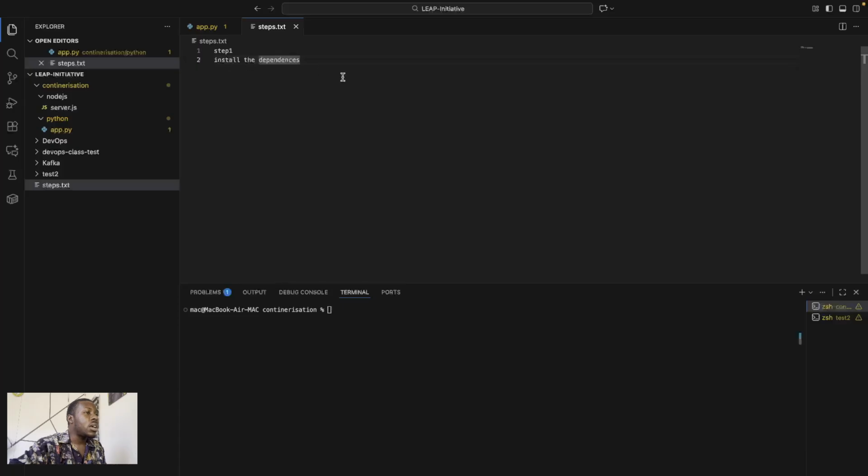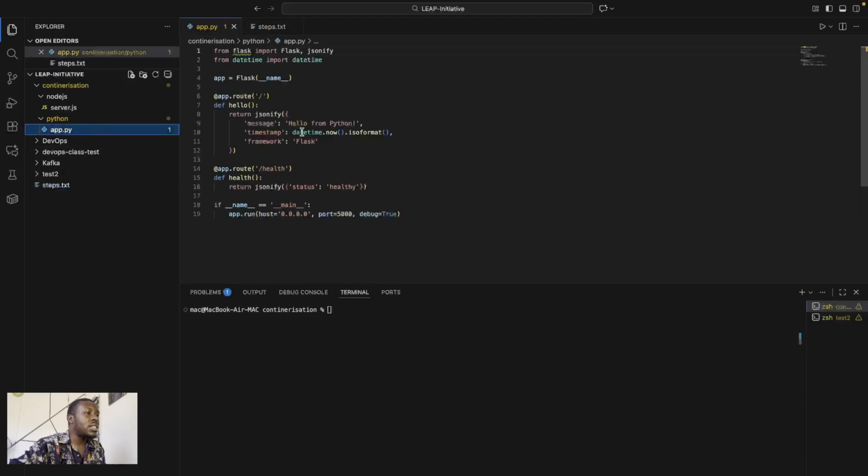So the first step is to install the dependency. What is the dependency for the Python application? Flask. So we need to install Flask.